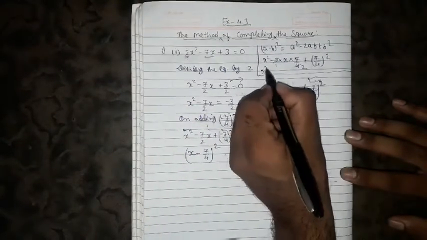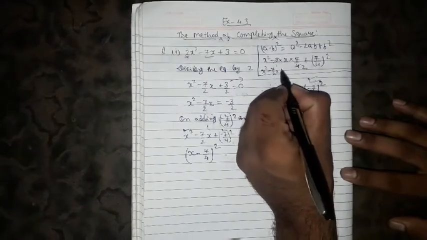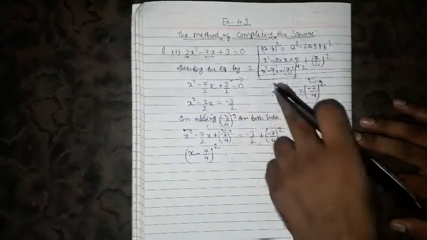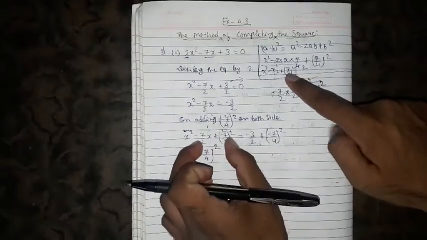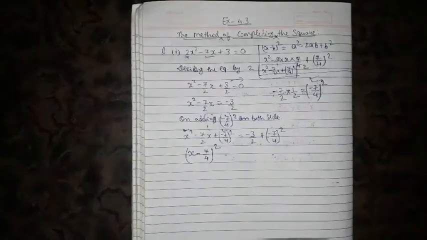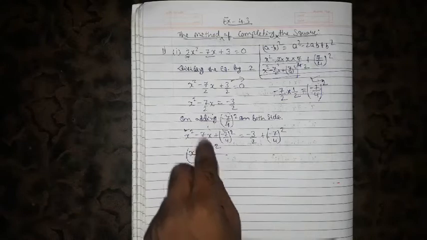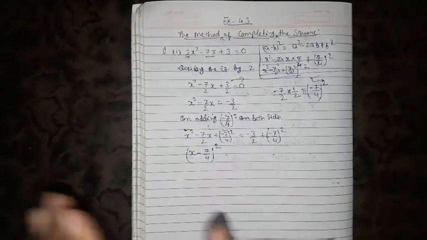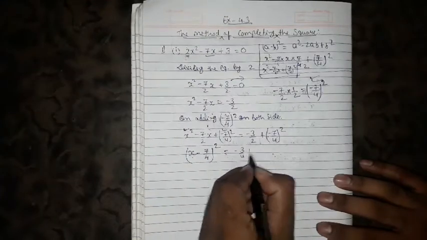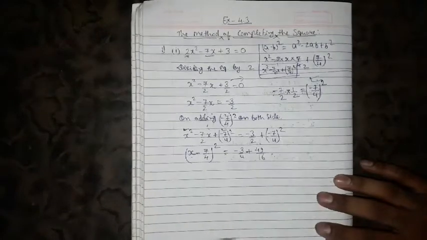Okay, if I solve it, I'll get, 2 ones are 2, twos are... So finally what I get is x square minus 7 by 2x, minus 7 by 2x, and here I have 7 by 4 whole square. So this term and this both are similar. So in short, I can write it x minus 7 by 4 whole square. What you have to do is take the first and last term with the sign of the middle term and do its whole square. Is it clear? Okay, here we have minus 3 by 4, plus minus 7 square, minus 7 into minus 7 I'll get 49, and 4 square I'll get 16.